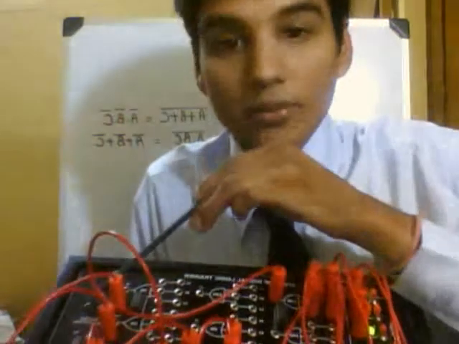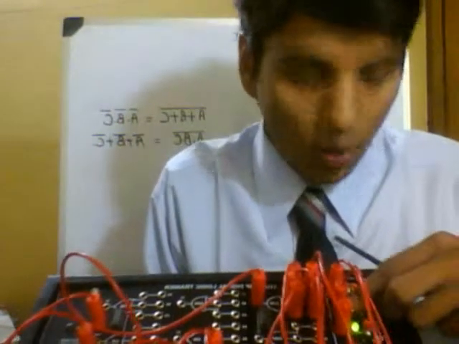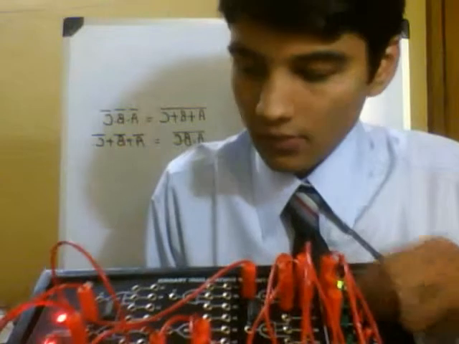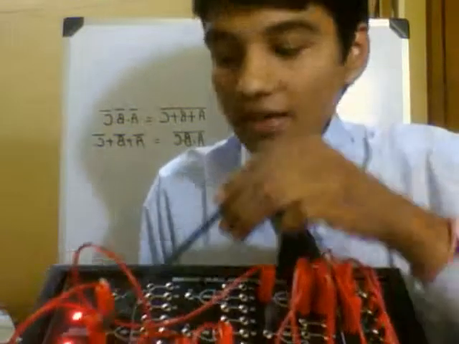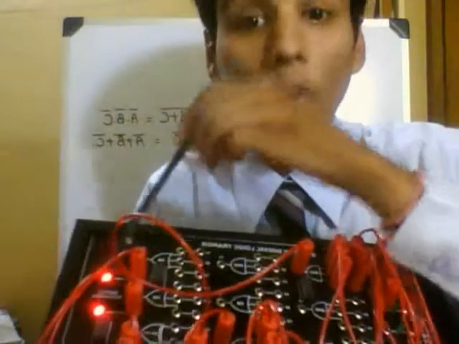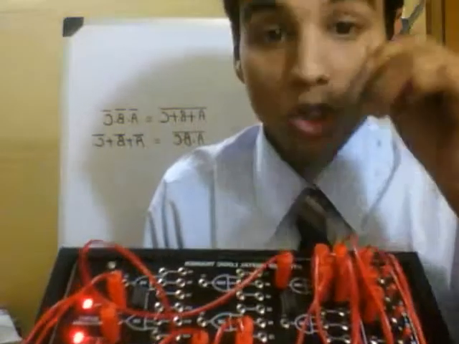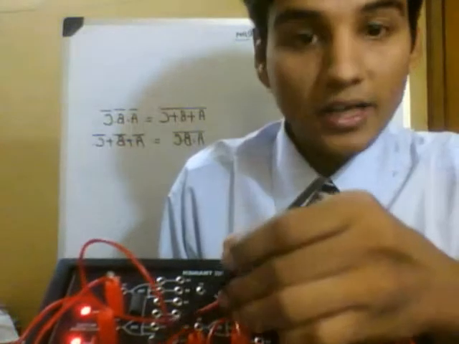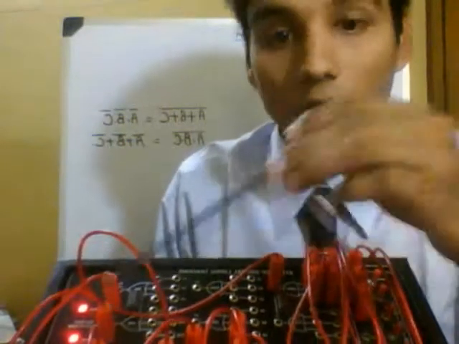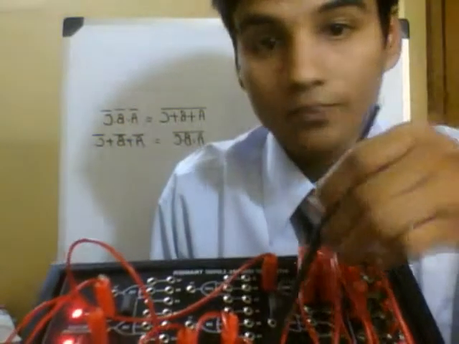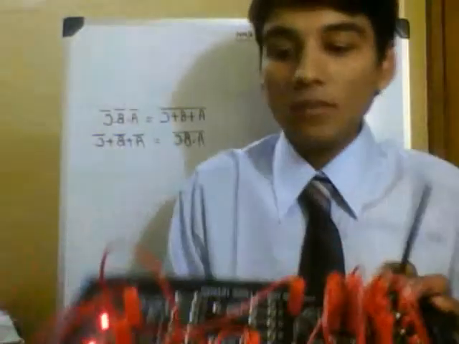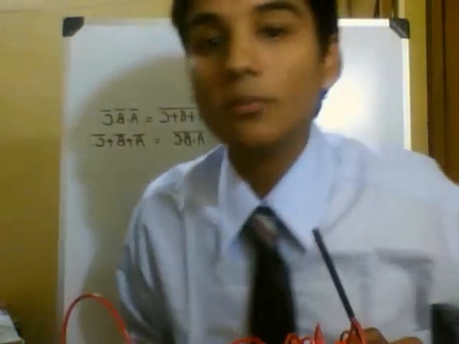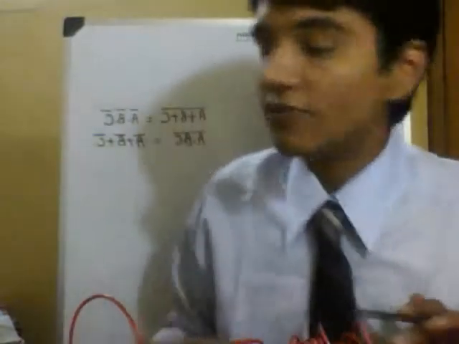This also comes as 0, so considering all inputs as 1, the result is the same on both LEDs. That shows that whether you use the AND gate followed by NOT, or you use NOT gates followed by the OR gate, the result is the same. That means De Morgan's theorem has been proved very easily and effectively.